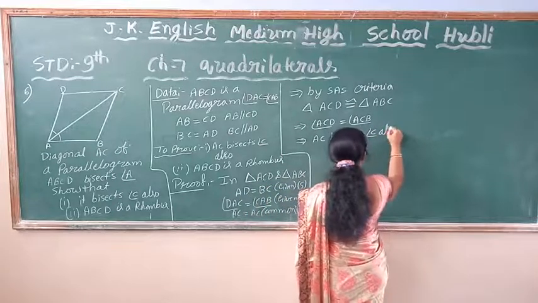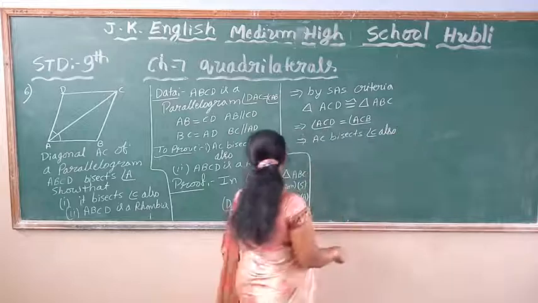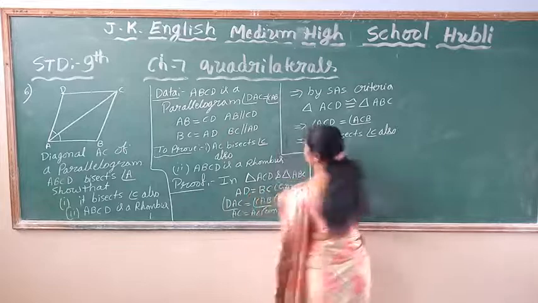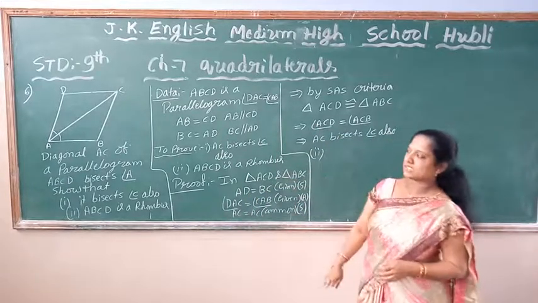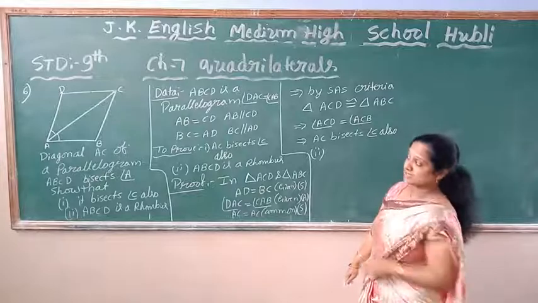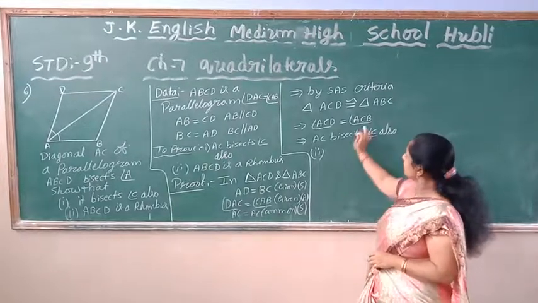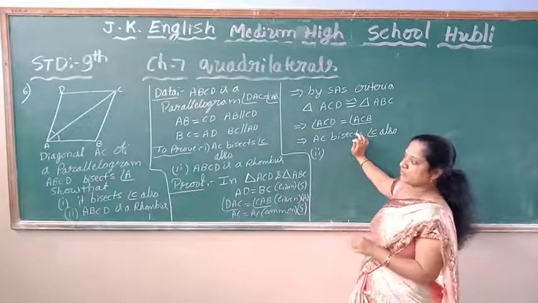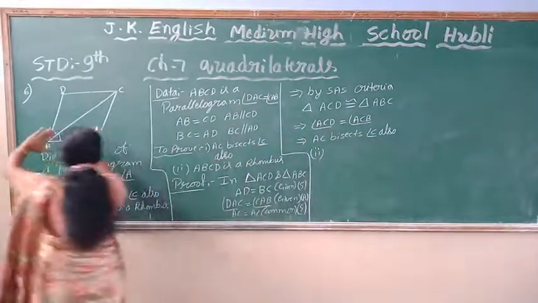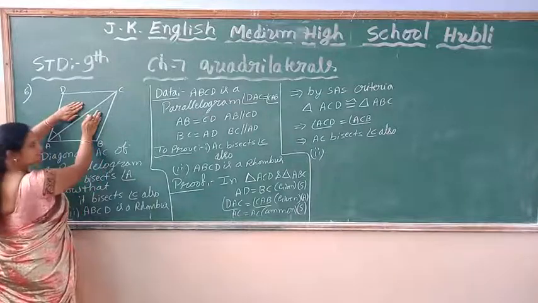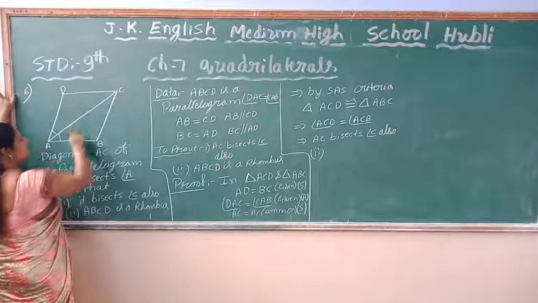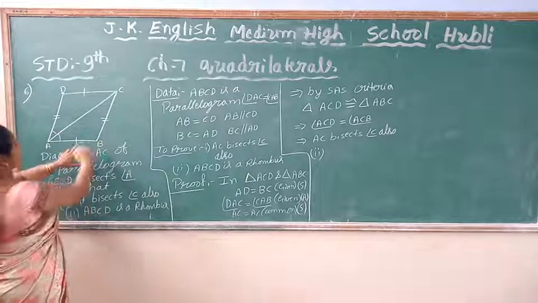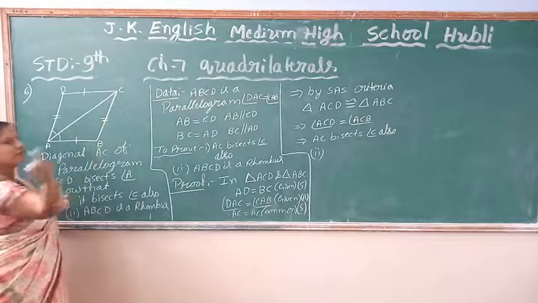Okay, one I prove now, children. So one I prove now. Now second one I prove, that is ABCD is a rhombus. So those two angles I prove now. Those two angles are congruent, are equal, I prove. So it is a rhombus, I prove. It means now, see now, already I proved these two triangles are congruent, children, and in a parallelogram opposite sides are equal and parallel. We know already. And if I prove these two sides are equal, automatically all four sides are equal.